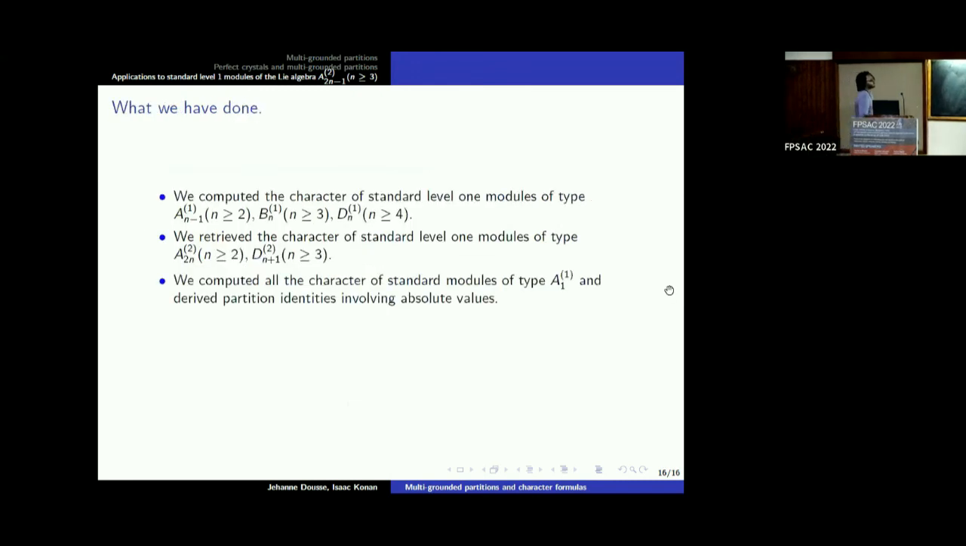So what we have done so far is that we use our method to compute the character for the standard level 1 modules for this type. And we retrieve some classical formulas given by Wakimoto for also these two types, A2n power 2 for n greater than 2, and Dn plus 1 power 2 for n greater than 3. And we also compute the character for the type A11, which is really well studied, because for example, for level 3, we retrieve the Rogers-Ramanujan type,